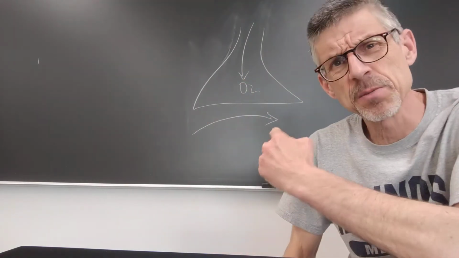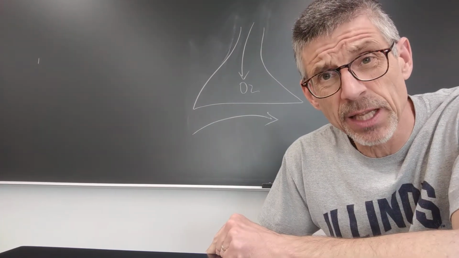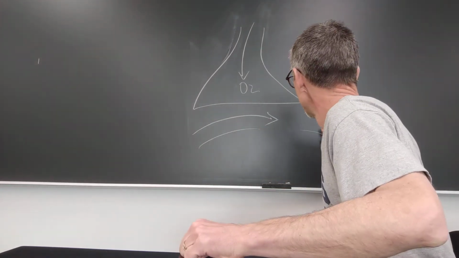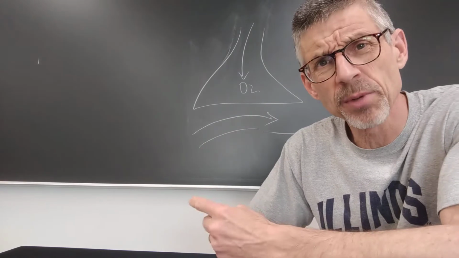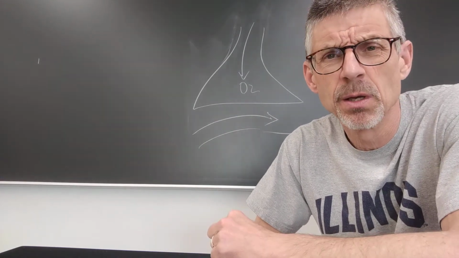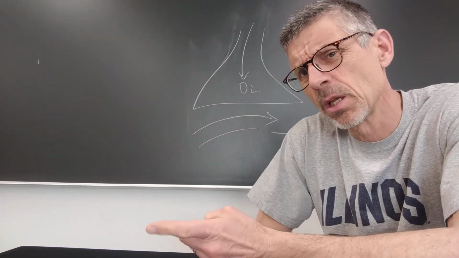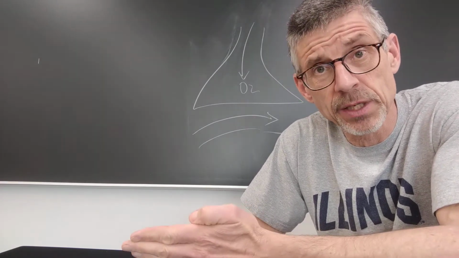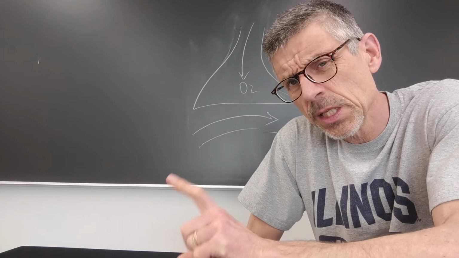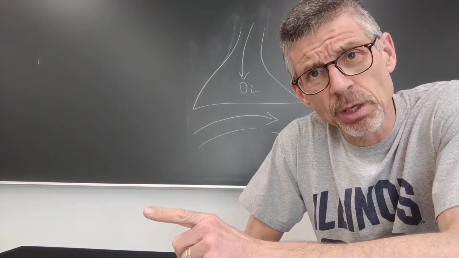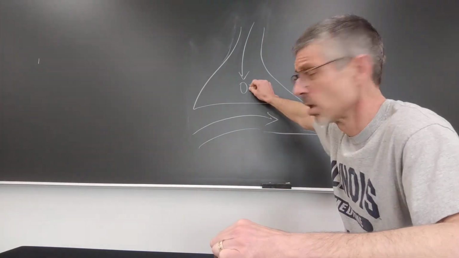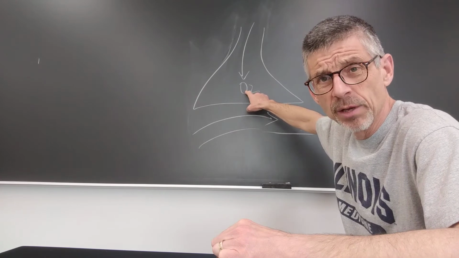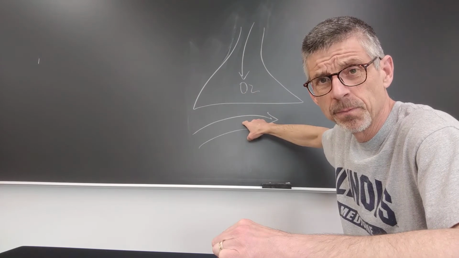This simple diagram is meant to illustrate oxygen coming into the alveoli and blood flowing through the pulmonary or lung capillaries. The oxygen comes in with the air, and the air moves under pressure into the alveoli. Once it's into the alveoli, the diffusion of oxygen across cell membranes from the alveoli into the bloodstream does not